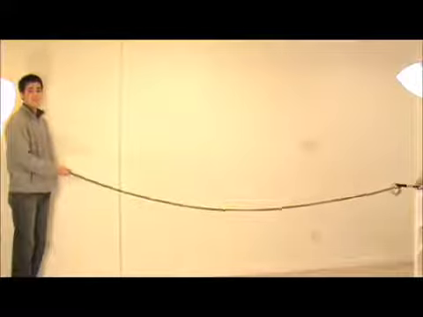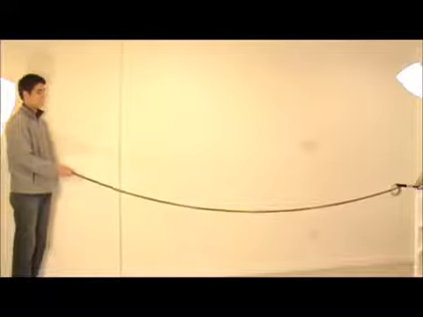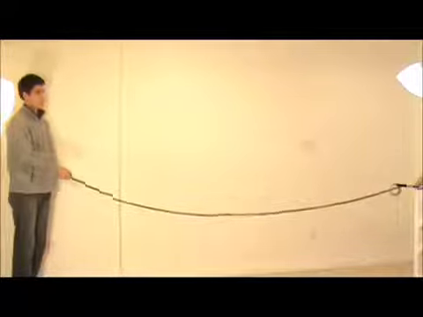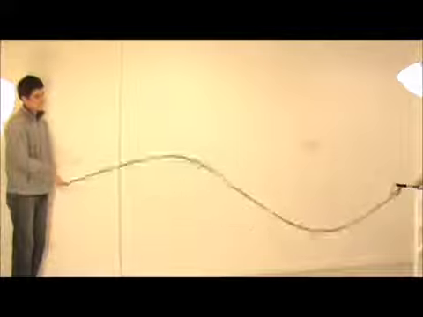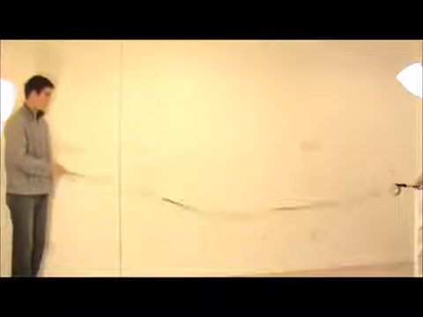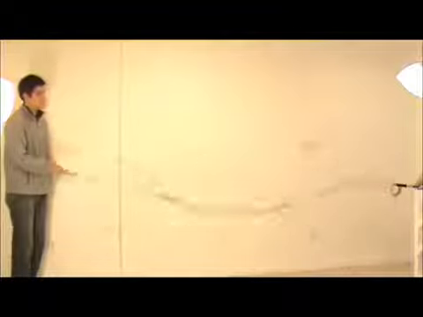I have a spring here, and Kenrick will produce a periodic wave on its left end. The wave travels down the spring, and when it reaches the right end of the spring, it gets reflected and comes back. The reflected wave interferes with the incoming wave, and when the condition is right, we get a standing wave